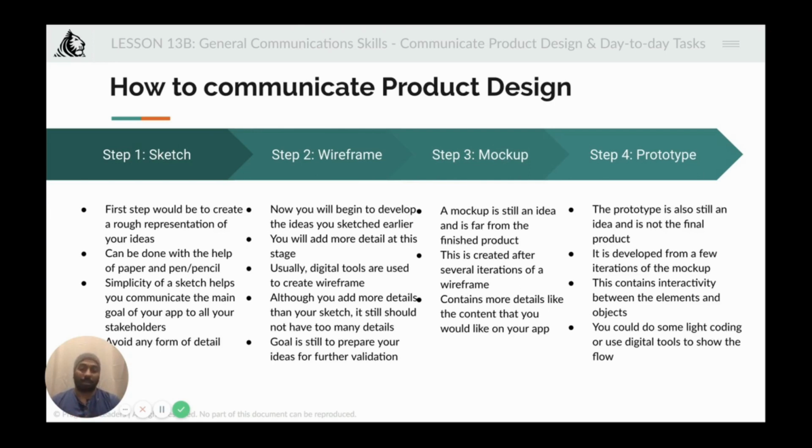So once you have the sketch in place and broadly everybody's on the same page as to what elements should be included, then comes the wireframing, where you start going deeper and start understanding how these elements should be clearly placed together. So the goal here is to prepare your ideas for further validation, so that you can go to somebody who doesn't understand the bigger goals, or cannot visualize at a very high level, and needs some more details to visualize the final solution. From the wireframe, you create the mockups,